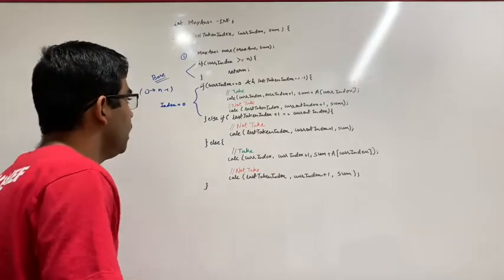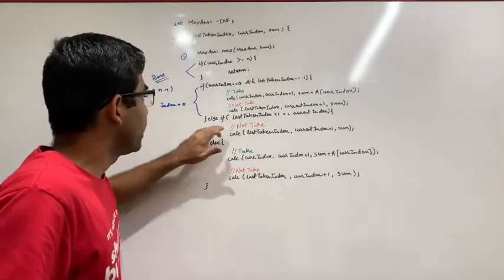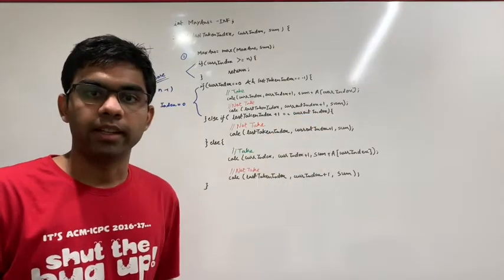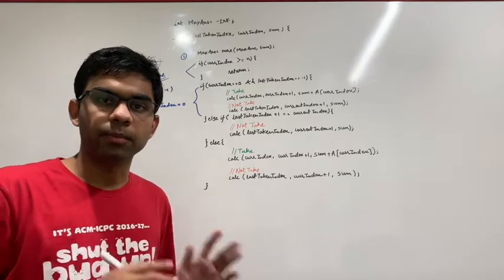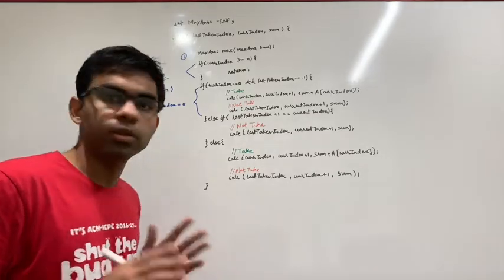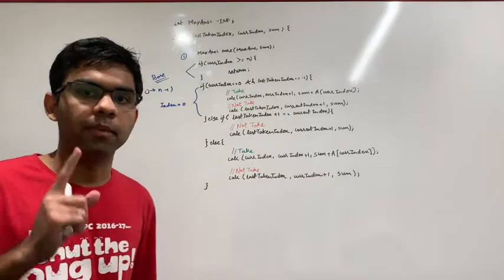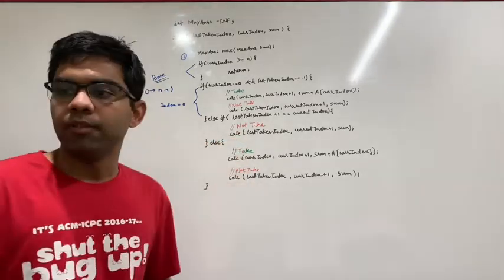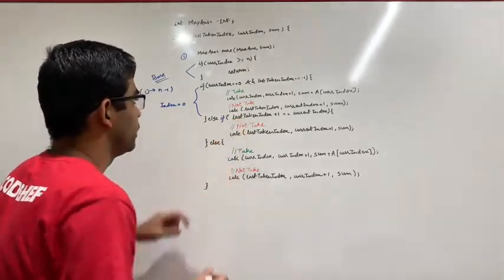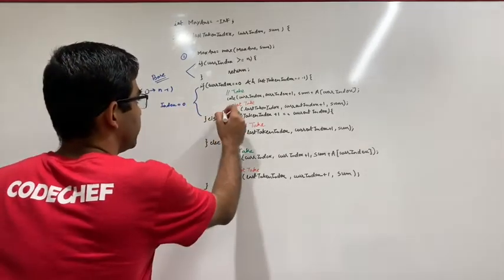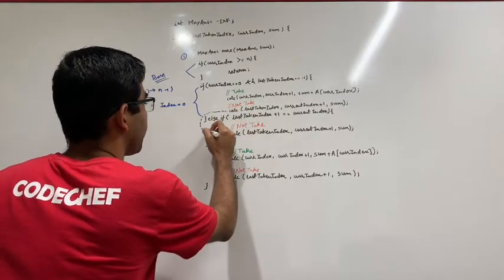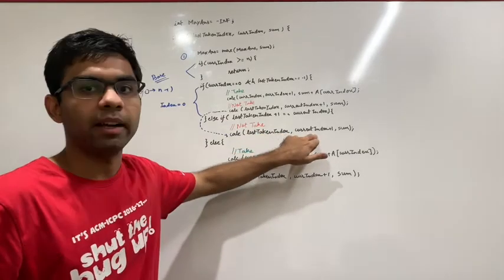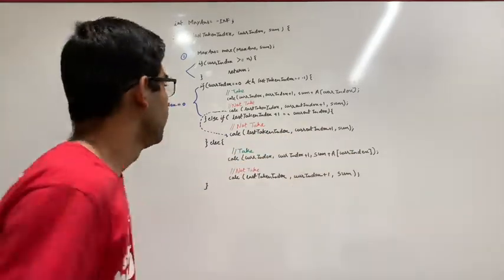Moving on further, in the else part, what I have checked is if my last taken index plus 1 is equal to my current index, which is if my last taken index is the previous index to my current index, then I'm left with only one condition, which is to reject the element at that index. So I have just copied the call for the not take condition here, which is the same call. I am not changing my last taken index. I am incrementing my current index by 1, and I am not changing my sum.